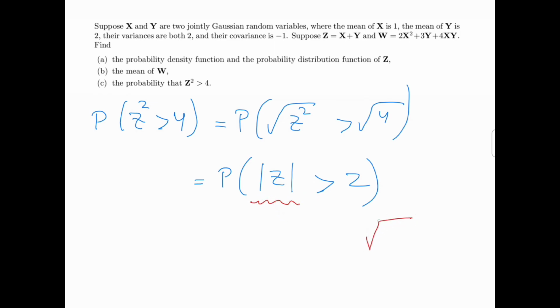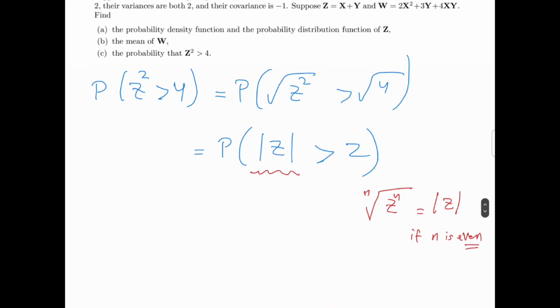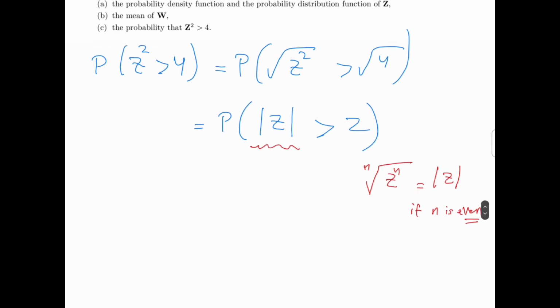So remember that the nth root of Z to the power of n is equal to the magnitude of Z if n is even. If it's odd, there is no need to put the magnitude. So now, because we don't have the distribution function of the magnitude of Z, we need to get rid of the magnitude. So how do we do that? Remember that the magnitude of Z greater than 2,